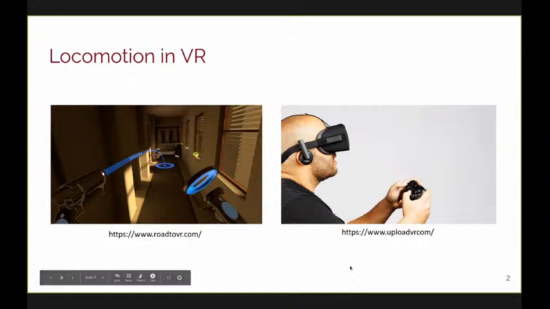So as I was saying, on the left, we have teleporting, where a user can denote a point in the virtual environment that they want to go to, somehow indicate that they want to teleport, usually by pushing a button or something, and then they just appear there. And on the right, we have what is often referred to as flying, where a user just uses the joystick to translate their virtual representation through the scene.